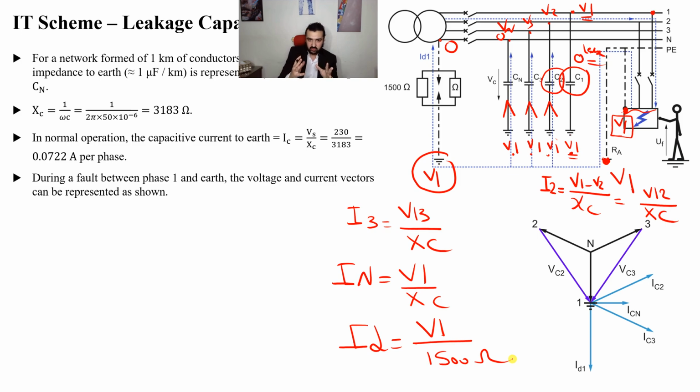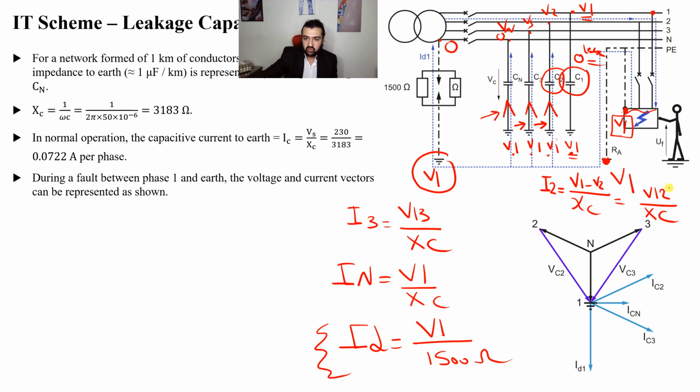So originally, during a fault, we had only ID, which is V1 divided by this large impedance. If you remember, now we have three additional currents: one through the leakage capacitance of the neutral, and of phase 2 and phase 3. None of them has zero value. Now the problem here is that